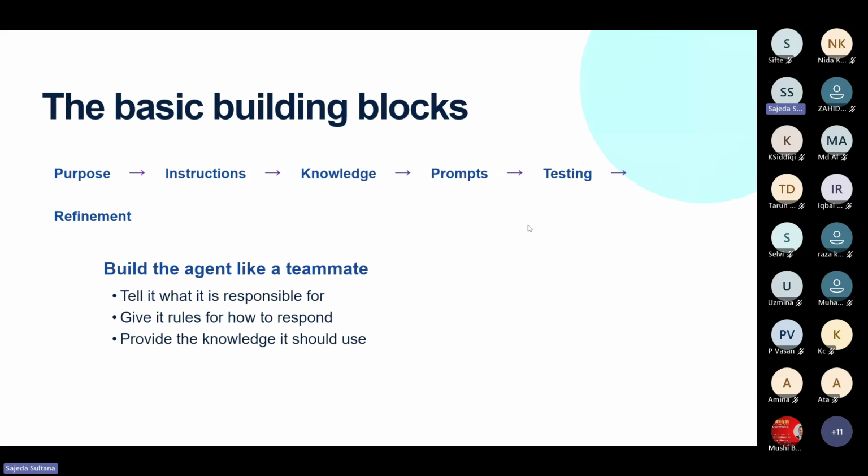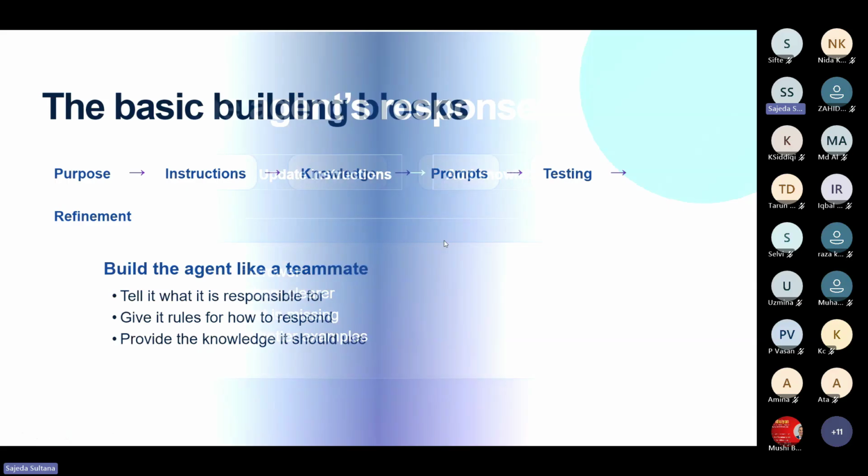So make sure when you make the AI agent, you have two types of test cases. Some of the test cases you use in the development phase, and some you can use after deployment. Then you will get some experience and some context. Maybe this agent will give you a good response. And then the next thing is refinement. I will describe it in the next slide.